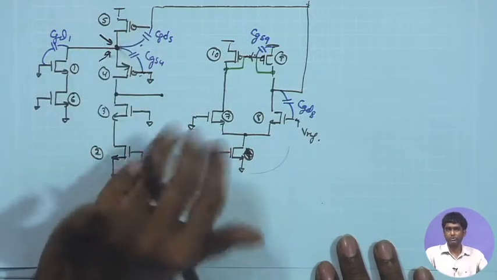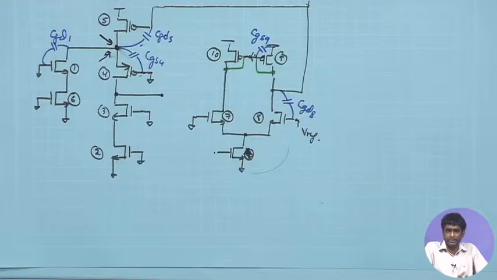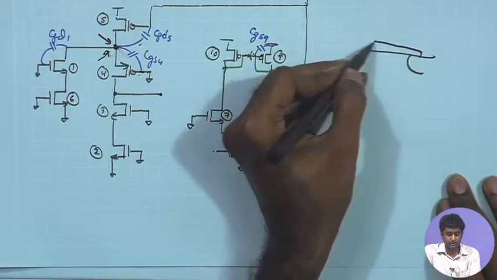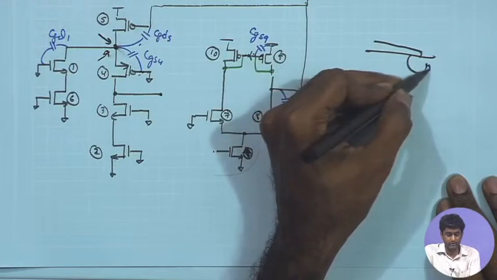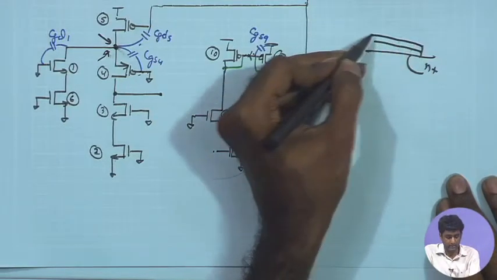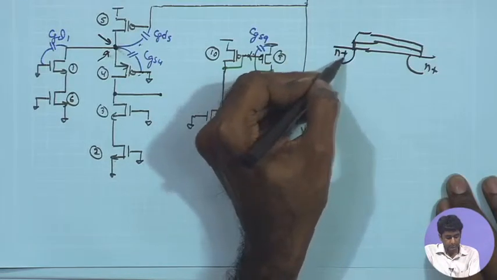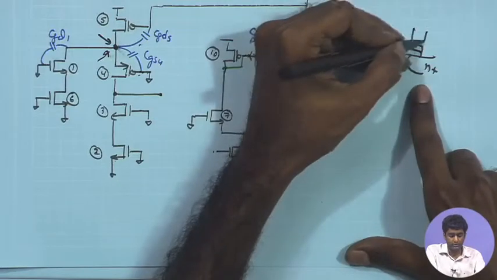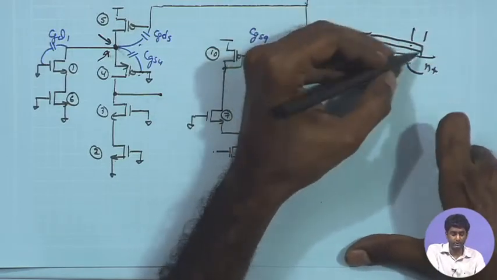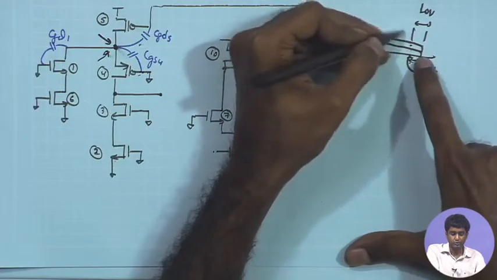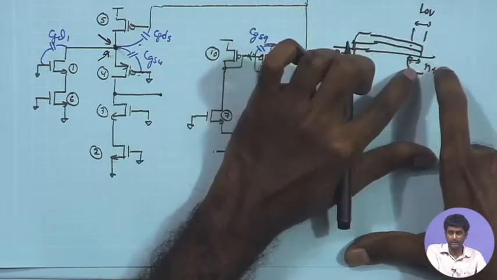So, once again, if I remember the dependency from the device structure, the CGD is going to have two major components. One comes because of the overlap of the gate dielectric and the drain region. So, you are having overlap capacitance. Forgive me for the bad drawing. So, you have an overlap region between the gate dielectric and the drain, which leads to an effective overlap length L overlap, and that also leads to an effective capacitance between the gate and the drain region, likewise gate and